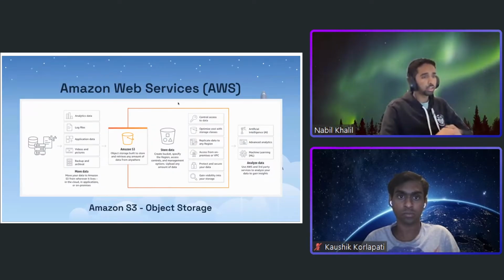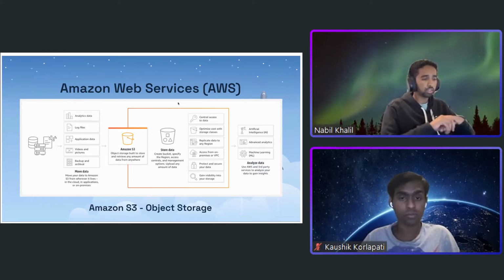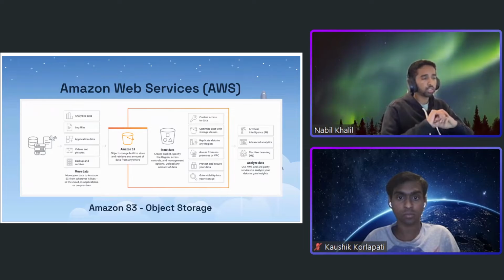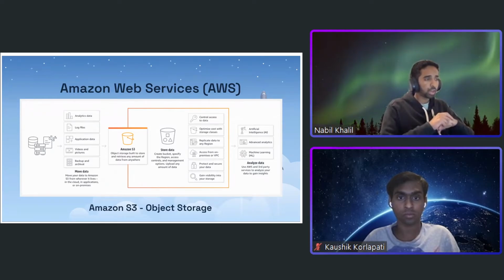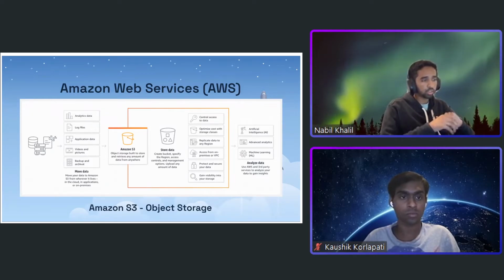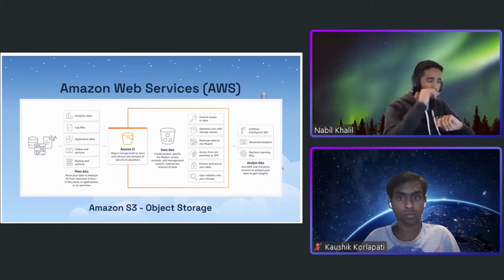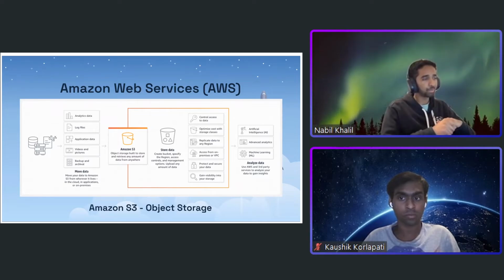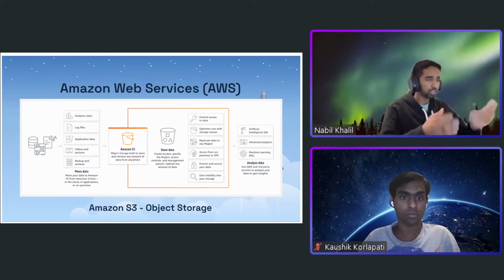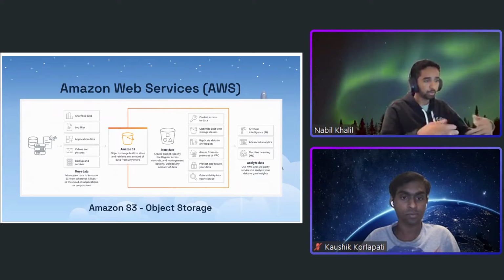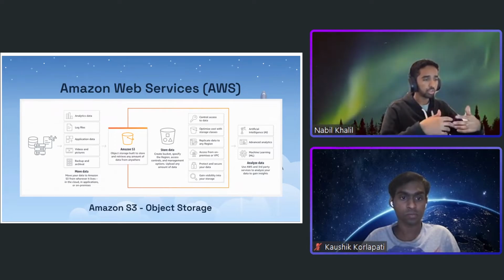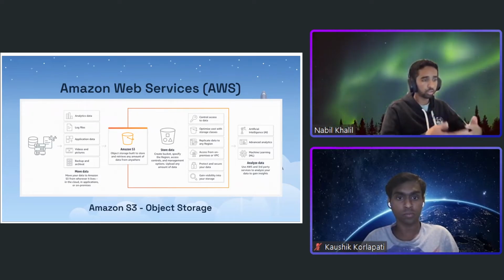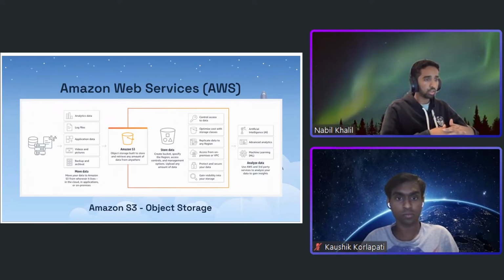And another service is the Amazon S3 object storage. So this is like a file server. You can think about it like that. Like if you look at the infographic, right? We have analytics data, log files, application data, videos, pictures, backup, and just archives of information or whatever. But basically, they're just files. At the end of the day, they're just objects or just files. It's just data. And object storage just lets you store these objects onto the Amazon servers, and you can